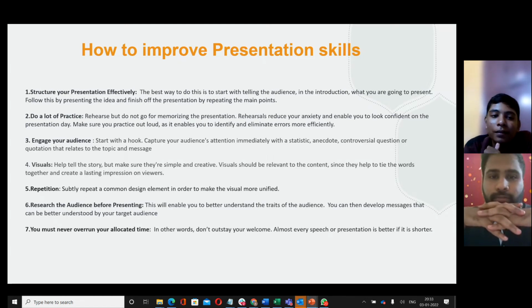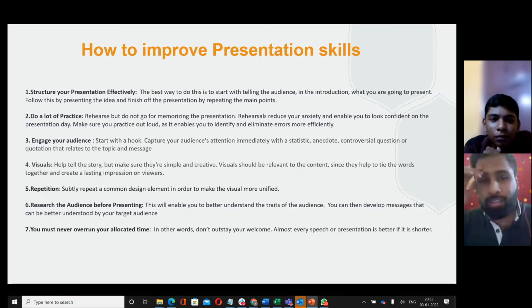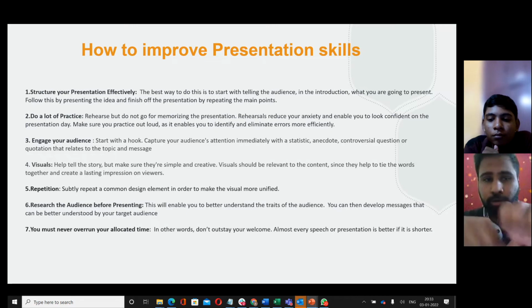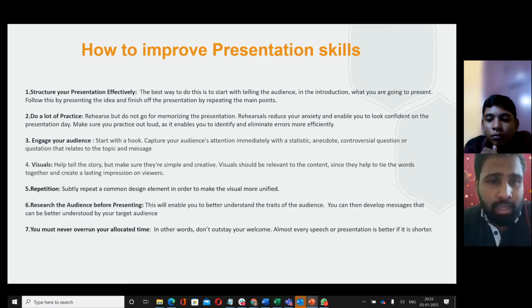Second point, though, no need for me to tell anything. Rehearse, do not memorize. See, one problem with memorizing is that I'm memorizing this full point and I'll remember. But when I say it, sometimes when you rehearse word by word, you can miss that word also. When you miss that word, what happens?